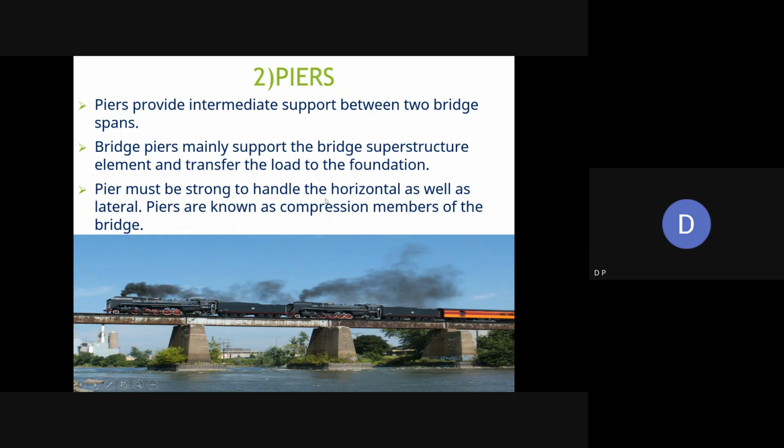Piers must be strong to handle the horizontal as well as lateral loads. We can say piers are known as compression members of the bridge. So on this particular pier, the vertical load is going to be acting in the downward direction. So that is compression. You can see these steel plate girders are used as a deck for the railways. Different types of bridges use different types of mechanisms to transfer the load as per the